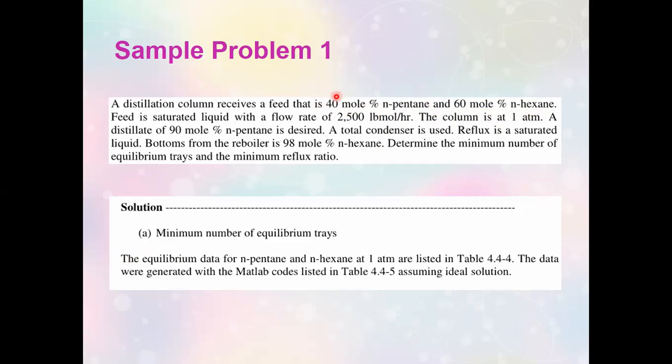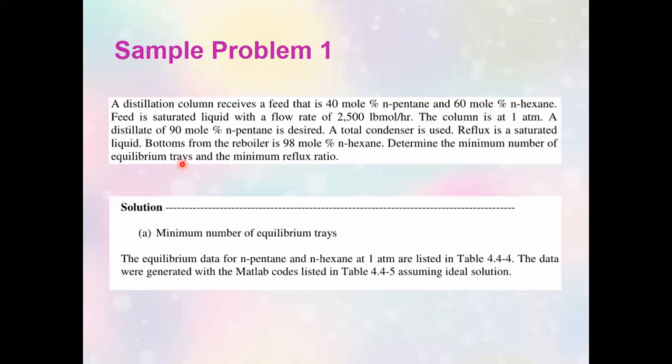So it's the lightweight, so it's more volatile than hexane. Now, in terms of the number of carbon atoms, if you have learned the principles of organic chemistry, this would really be the more volatile of the two, because this one has more carbon atoms than this one. Okay. Now, reflux ratio is a